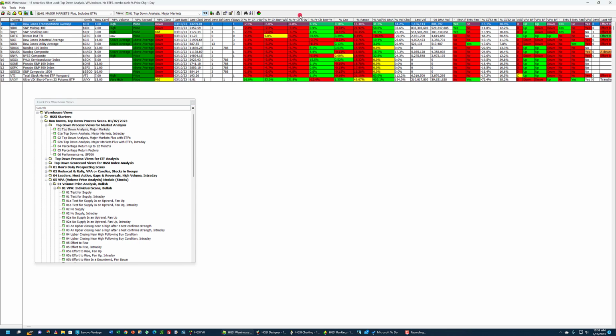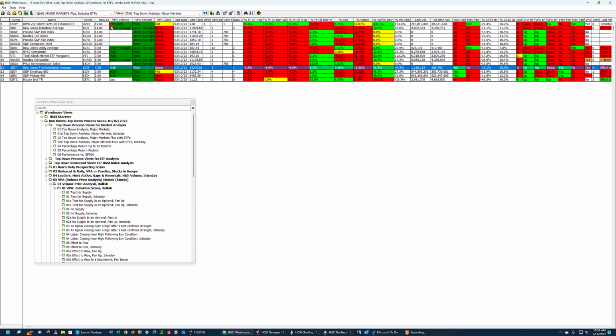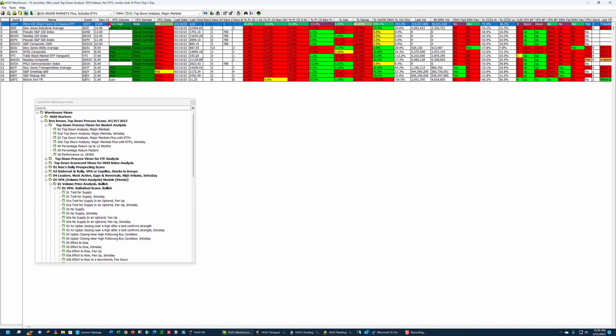So what do we have? We have a disaster on our hands as far as the markets because of the Silicon Bank failure. The market was weak anyway, but when that news was released on Friday, the banks took a tremendous beating, and they were already taking a beating on Thursday. But this is the way my Major Markets Plus folder ended up. I'm sorted on the percentage price change 1 day. I am now. I wasn't before.